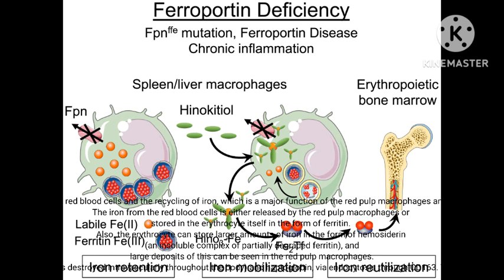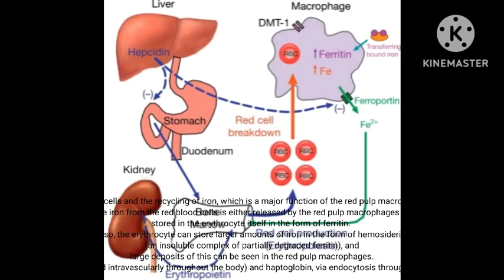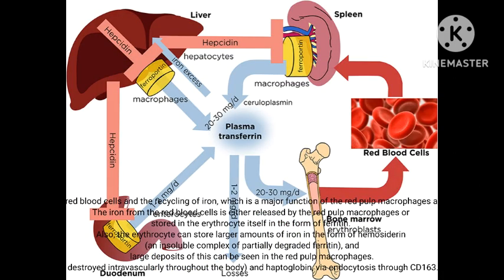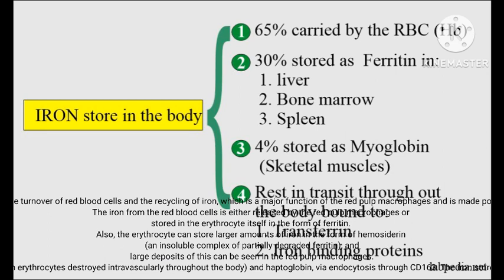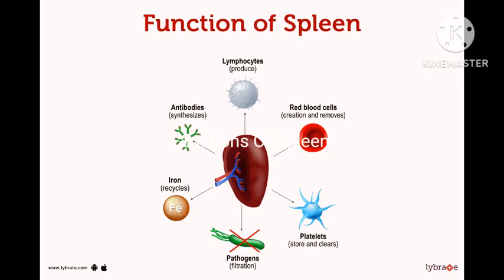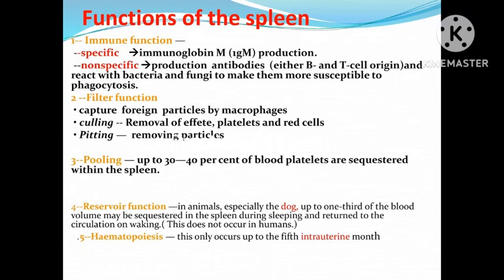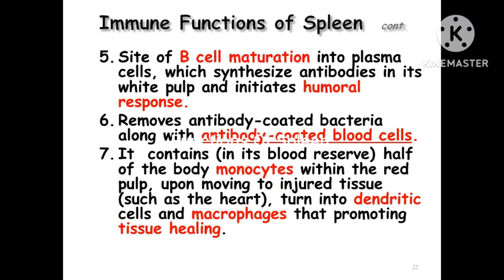Also, the erythrocyte can store larger amounts of iron in the form of hemosiderin, an insoluble complex of partially degraded ferritin, and large deposits of this can be seen in the red pulp macrophages. The red pulp macrophages also obtain iron by scavenging a complex of hemoglobin, released from erythrocytes destroyed intravascularly throughout the body, and haptoglobin, via endocytosis through CD163. The iron stored in the splenic macrophages is released in accordance with the requirements of the bone marrow. Functions of the spleen: specific and non-specific immune function, filter function, pooling of blood, reservoir function, hematopoiesis, humoral immune response, phagocytosis, involved